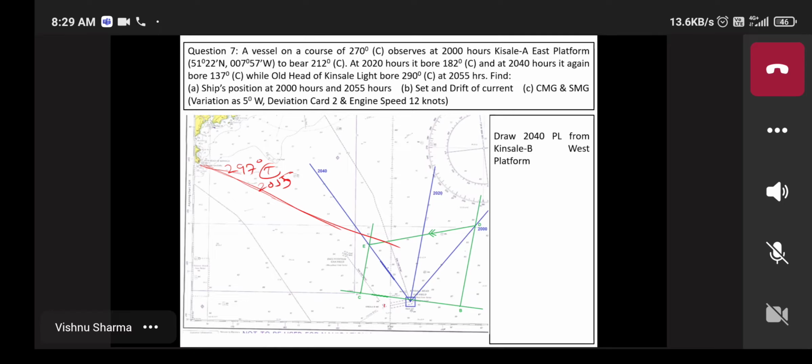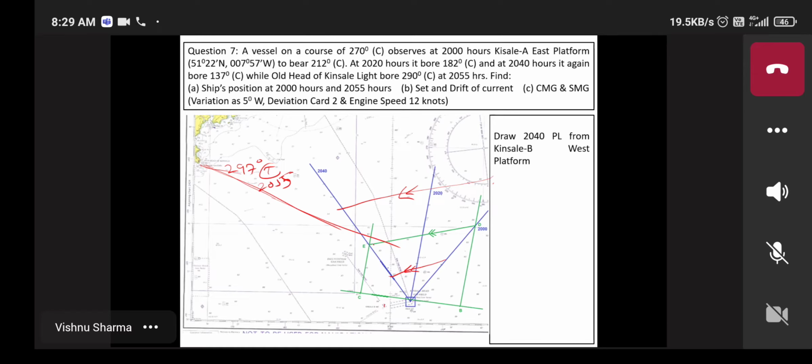people will get CMG at different places. Somebody using shorter distances could have got CMG here also, right? But all the CMGs would be parallel to each other. Everybody will get the same CMG direction, yes or no? Wherever your plot is,